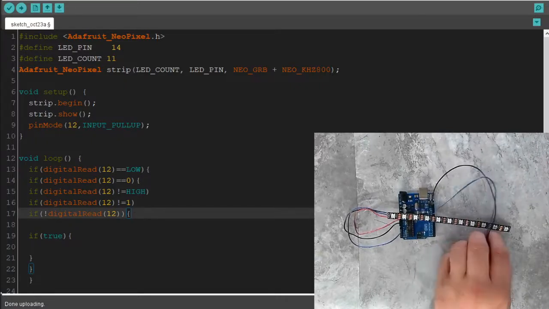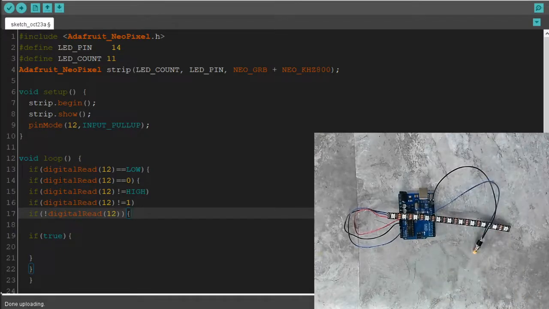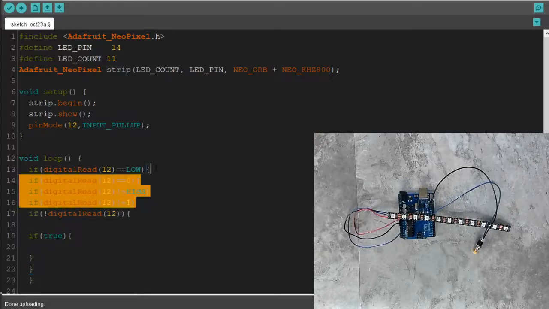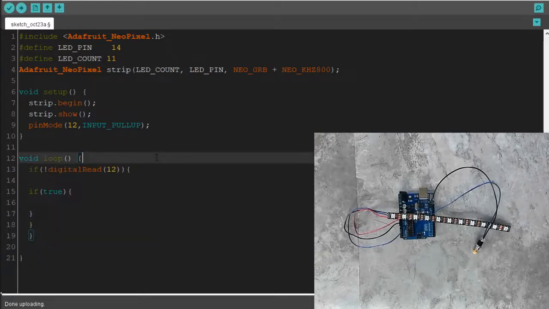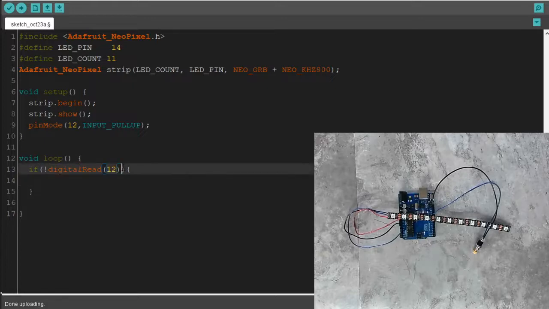Okay? So why am I talking about this? Because this is how we're going to be writing in the rest of the 210 series. Anytime we're reading a button, it's going to look like this here, okay? So get rid of all these archaic ways of reading pins and do it the cool way. Okay. So now if we're pushing the button,